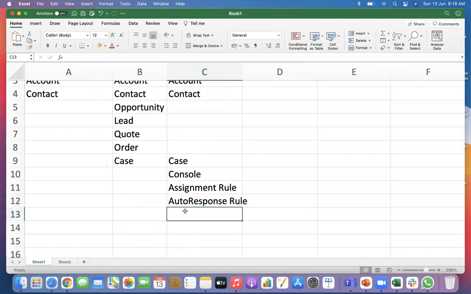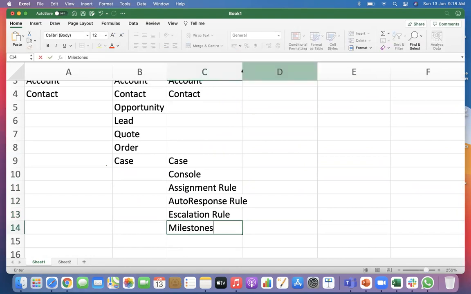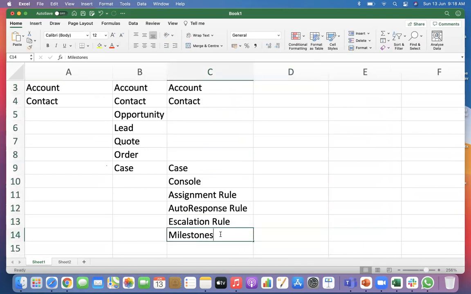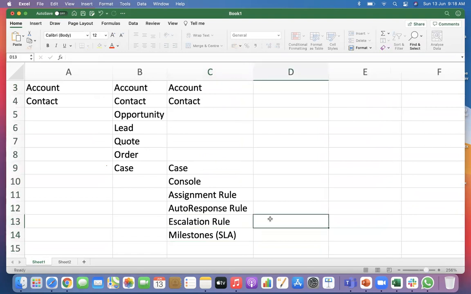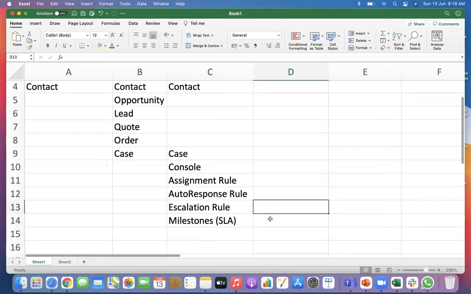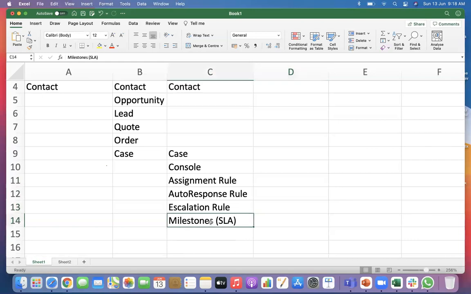Then we have escalation rules. Then we have milestones. People who are working in a support project know many of these. Milestones are needed for SLAs. You are aware of the SLAs, right? Service agreements. Like if a customer raises a ticket, immediately you have to give a resolution based on the priority